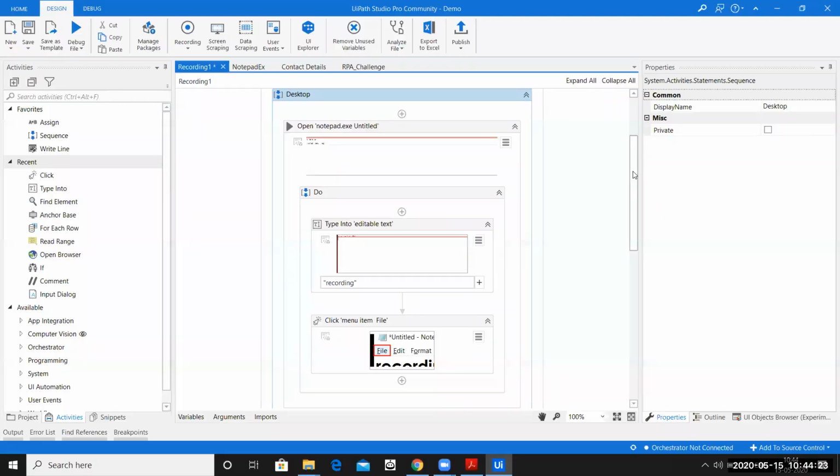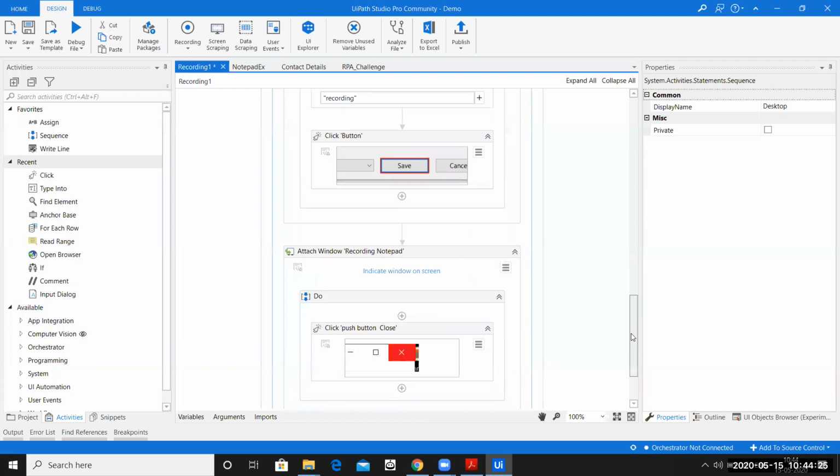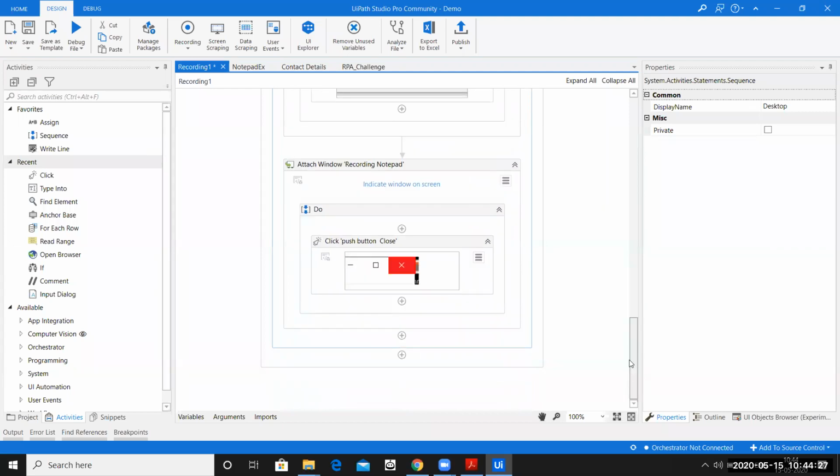Sir, when I have to execute this activity multiple times, how will it save the files? Like with the same name, or will it? No, it will not save it with the same name. So every time if you do it, it will come up with a warning message saying you need to replace the file. So ideally you will delete it.